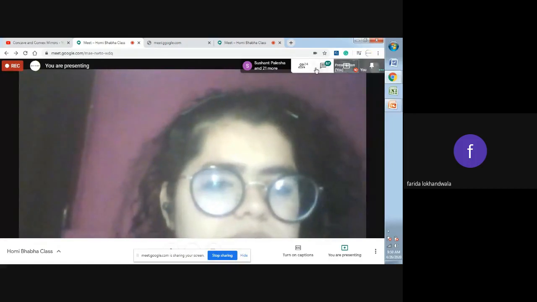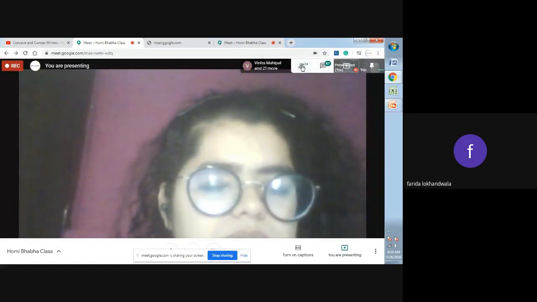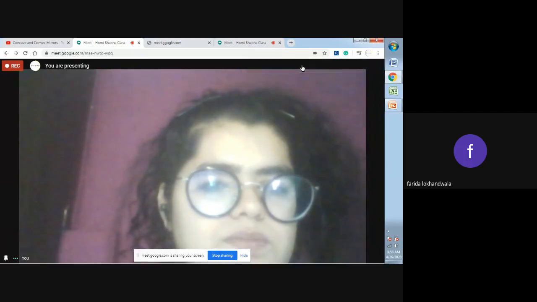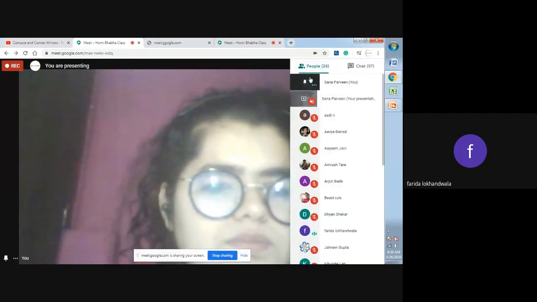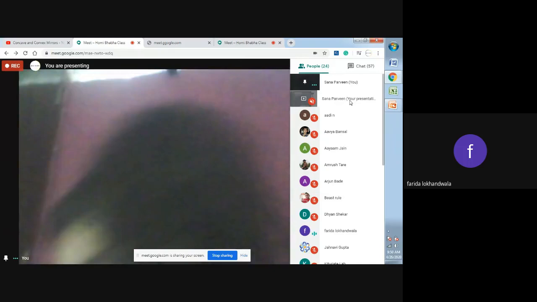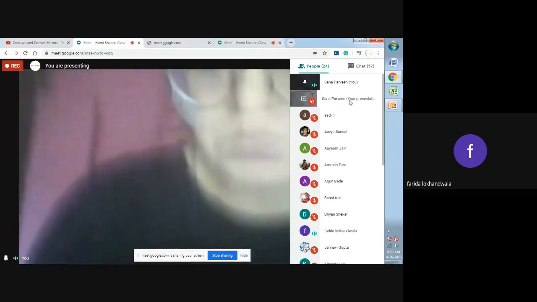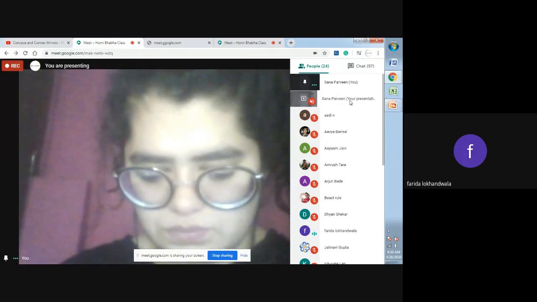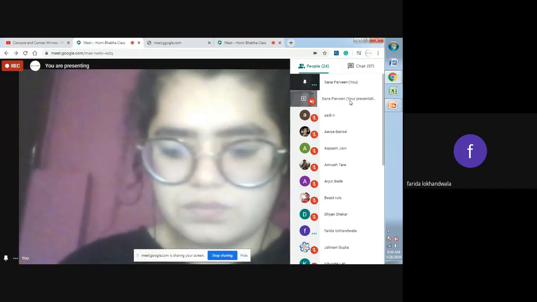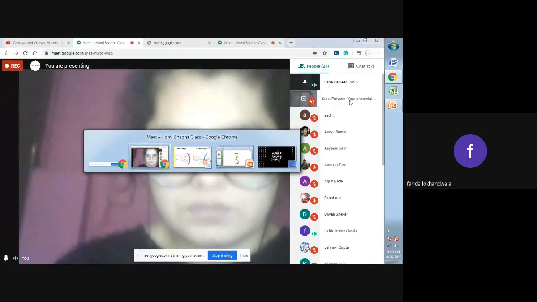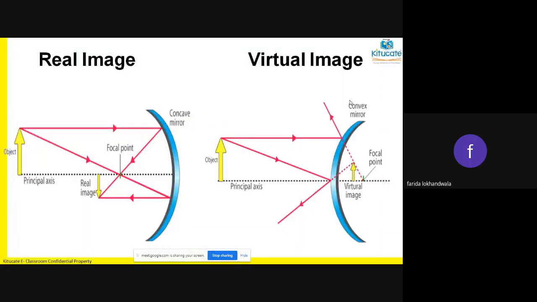We just say, for understanding's sake, that it is forming behind the mirror. But nothing can be formed behind the mirror, right? So it has to be a virtual image. Now anything that can be projected on a screen, like when we go to movie theaters and see the movie on the screen, or the projectors at home with which you can see it on the screen. Wherever you can produce an image on the screen or on the wall, that is coming outside it. So we say it is a real image.